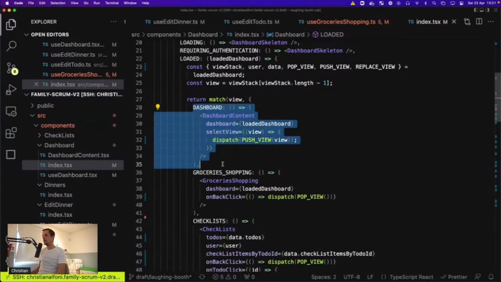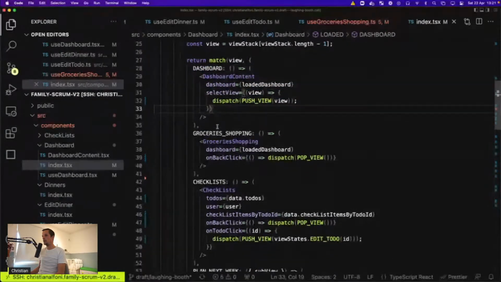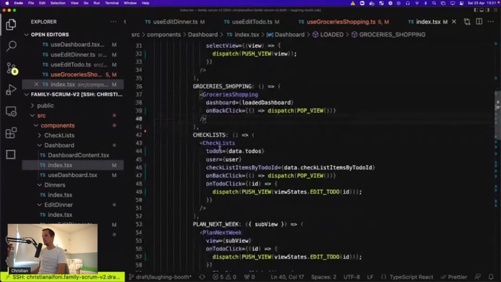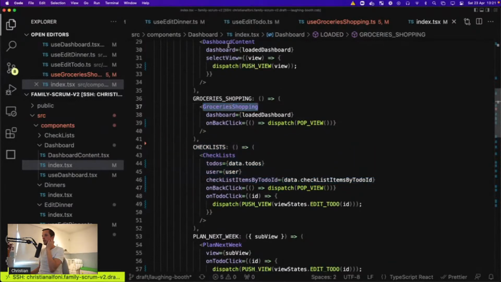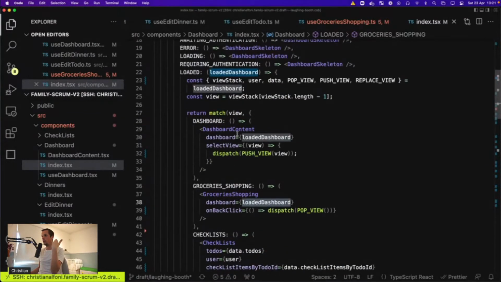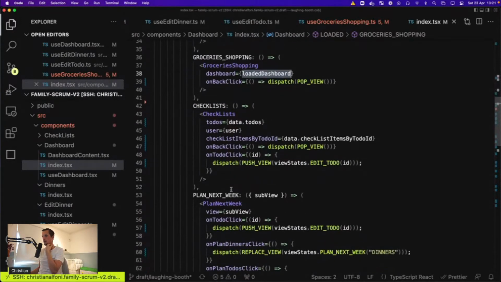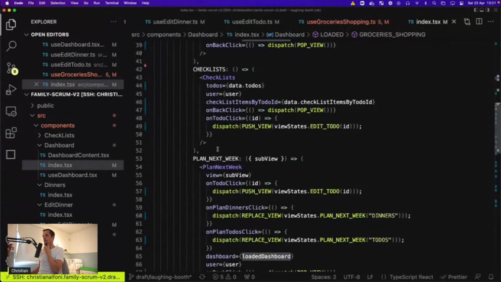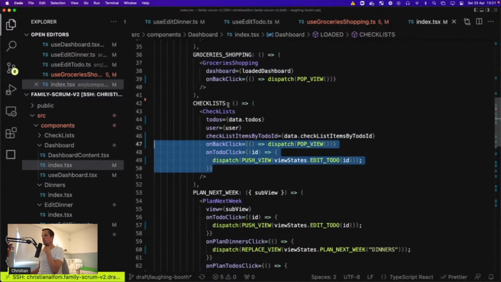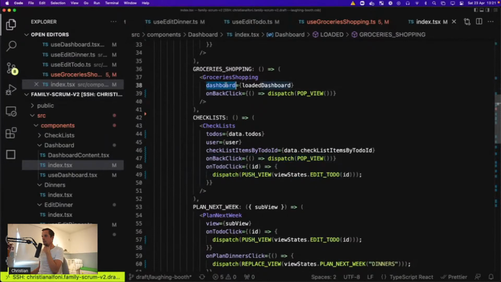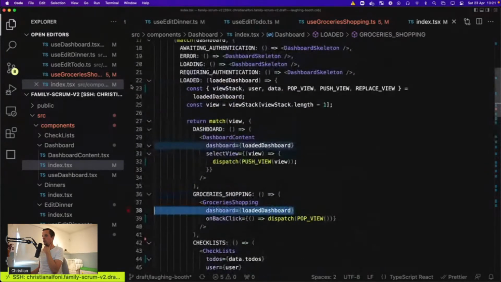And then if we have a dashboard, we're able to do this. If it's grocery shopping, we'll do this. And you can see I passed the full dashboard down. And these components are typed to the dashboard being in a loaded state. So they can actually consume, they know the data is there, and so on and so on. So what could be improved here, also to optimize rendering, is that we do not just pass the dashboard down, we actually pass the full